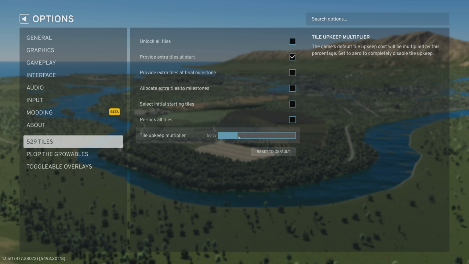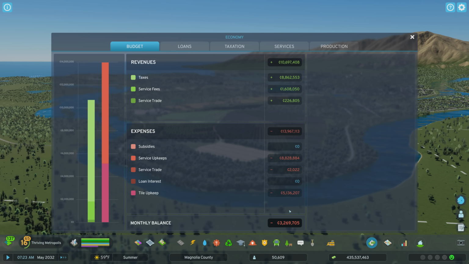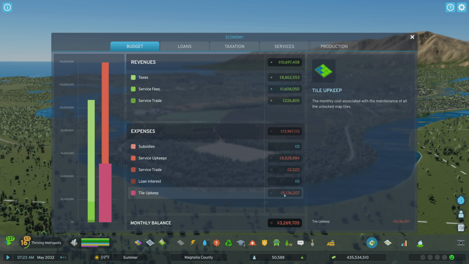So let's say we adjust that to about 50%. That should give us an upkeep of about $5 million per month, which is what we had when we relocked all of those extra tiles. And this is something that we know that we can overcome with some taxation changes and disabling a couple of buildings. So it's kind of a horse apiece, but with this particular method, you have to keep this mod